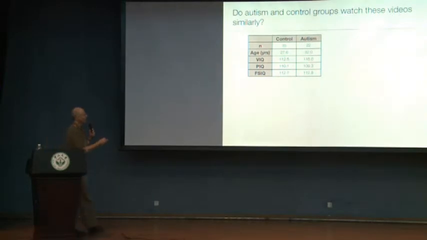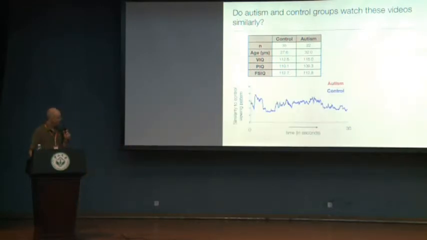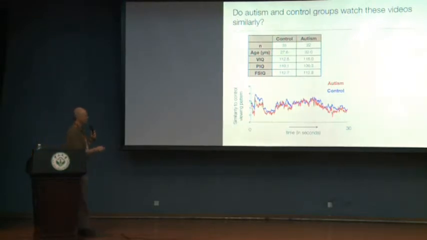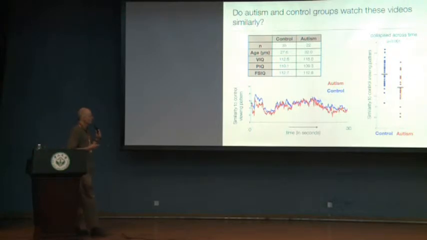So that's the experiment that we did in a control group matched on these variables here, and a high-functioning group with autism. And it looks very similar here. People with autism in red, controls in blue, similar eye tracking pattern. So the first point to make is that there's lots of similarity. This just plots each control subject's similarity measure over this whole video relative to that group. So here are the controls, here's autism. There is a little bit of a group difference, but it's kind of swamped by individual differences.